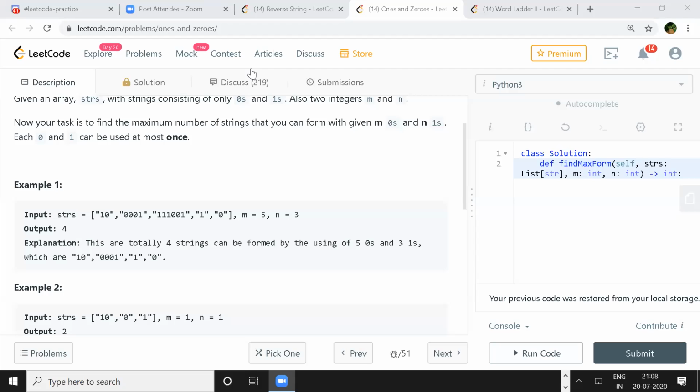And we can do this for every string. So that's a typical knapsack approach. At the end, if I'm left with m equal to 0 and n equal to 0, then that shows that I've selected some sequence. In my answer I return the maximum of the options I've taken, one by taking and the other by not taking.